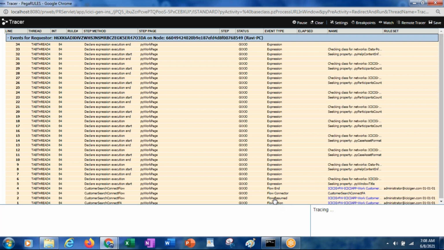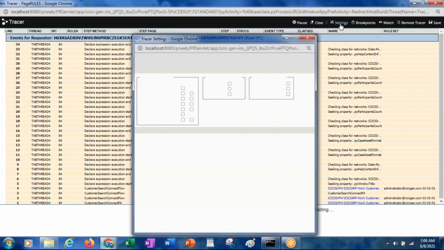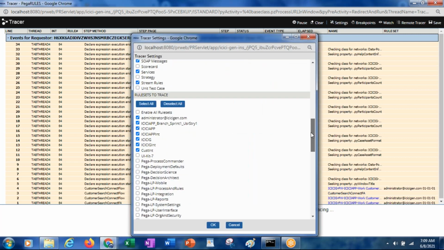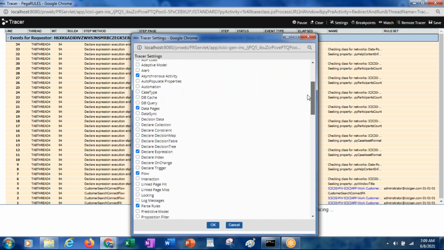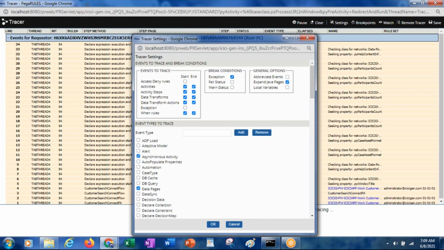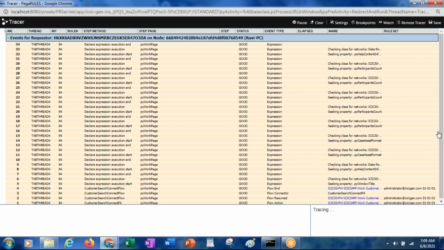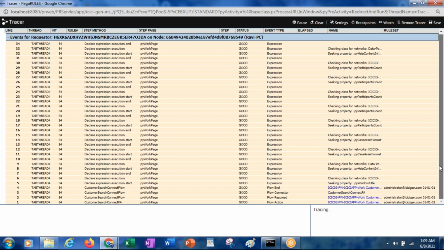So flow action, flow ratio, flow connector. Here, like this, the main flow is showing, but it is not showing our service details.